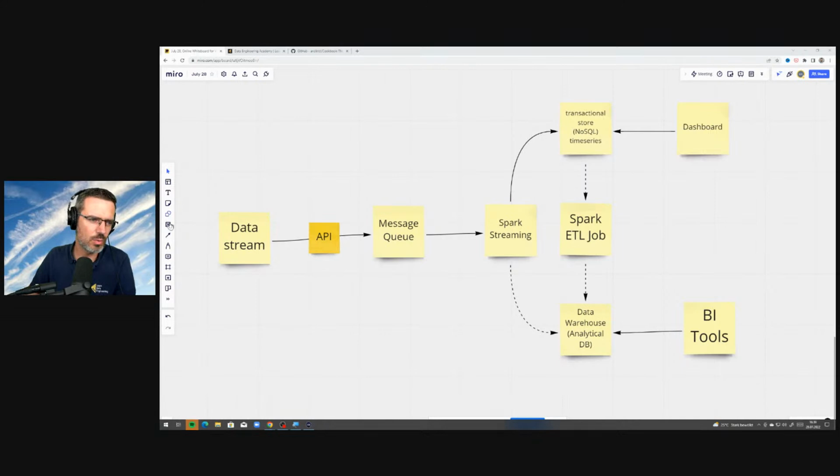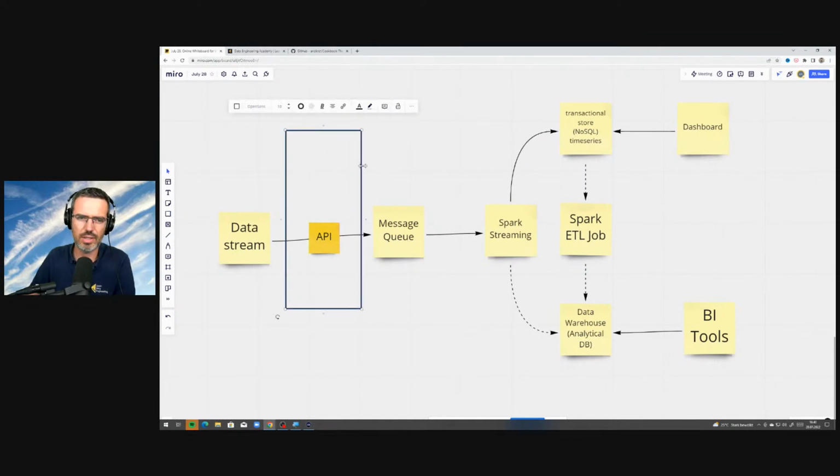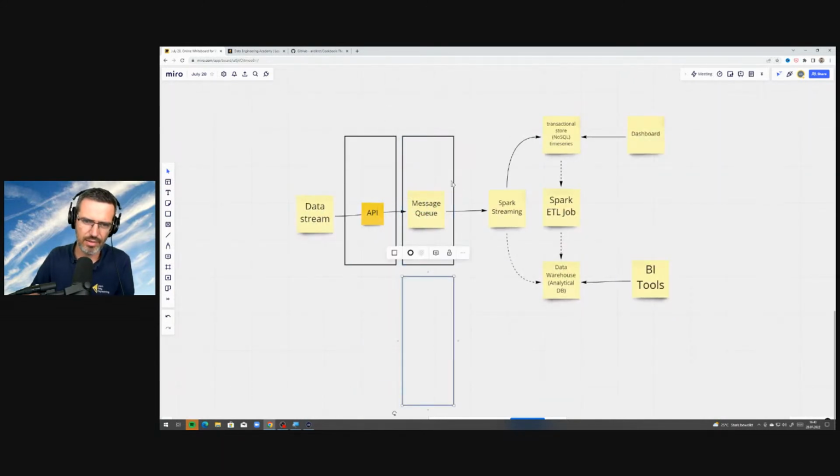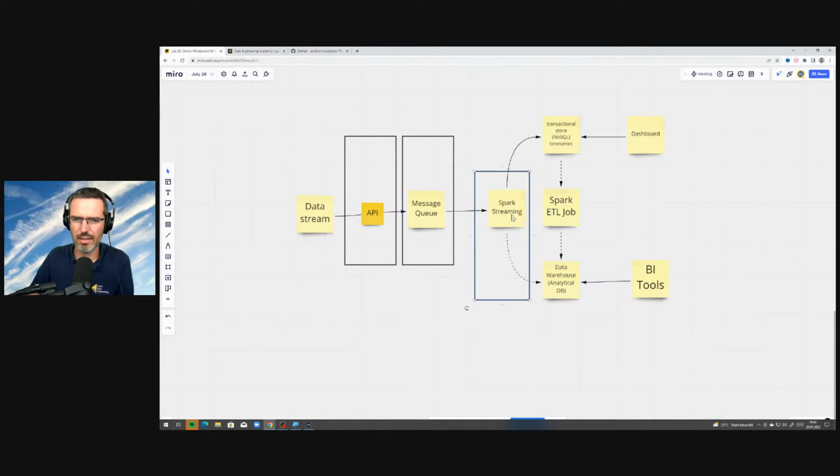And that's also what I'm talking about when I talk about the platform blueprint that you find in the cookbook I've talked about before, right? You have these layers, these areas. You have your ingestion or integration area. Then you have something like a message queue. Then you have your processing here in the middle.